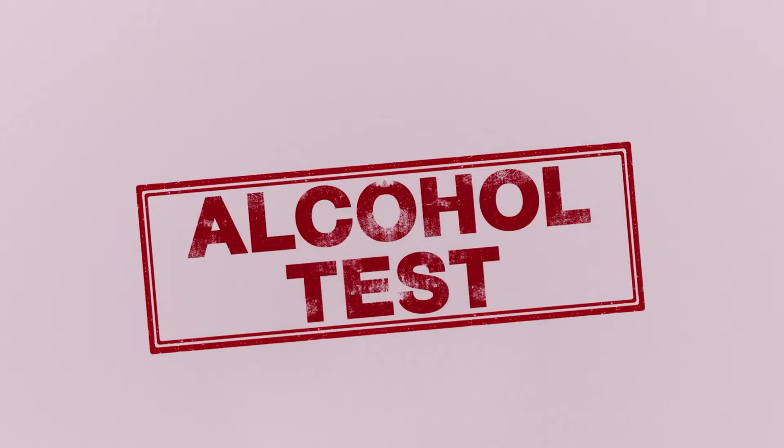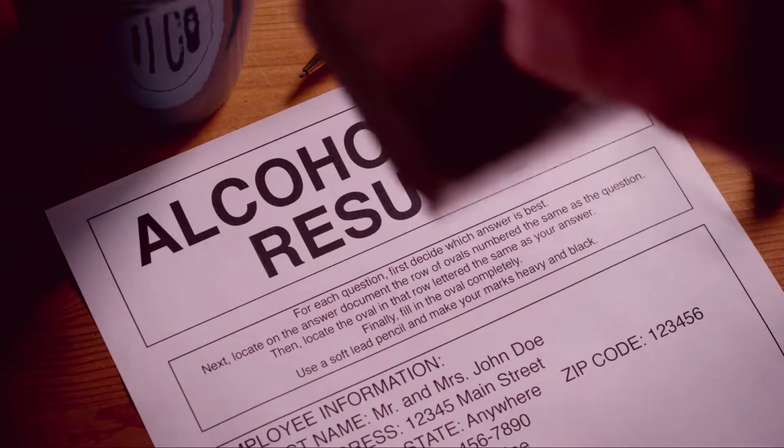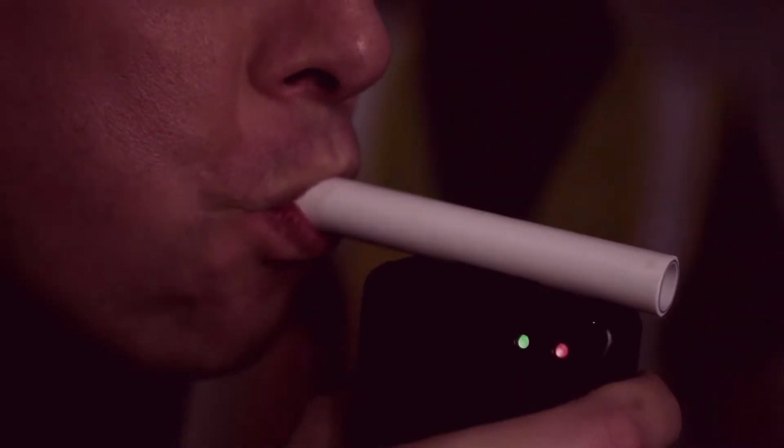Now we're going to move to alcohol testing and then to lab-based oral fluid drug testing, which I recommend both of those. So the instant alcohol, what we call saliva screening, is also a screen. And if it's negative, that's good. We're good to go. But if it's non-negative, it needs to be confirmed, typically with an evidential breath testing device,